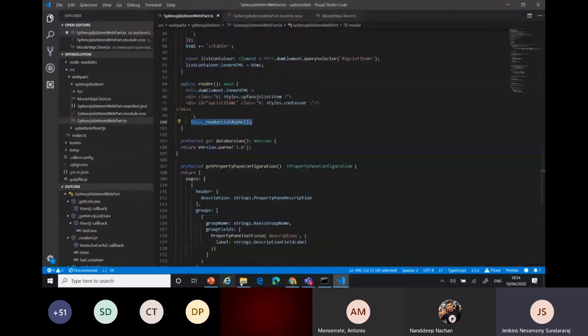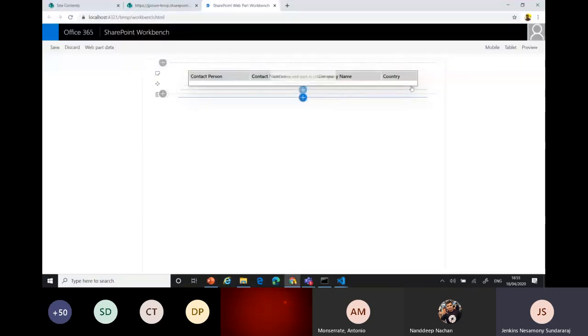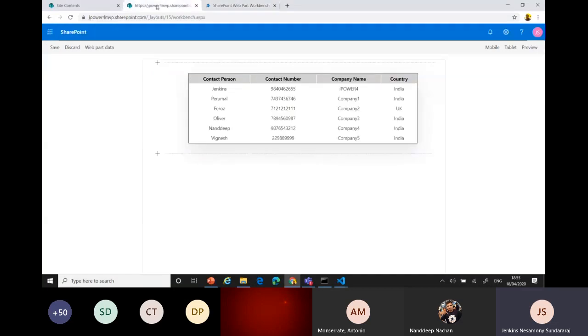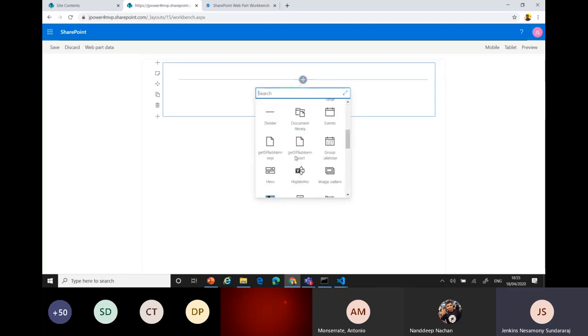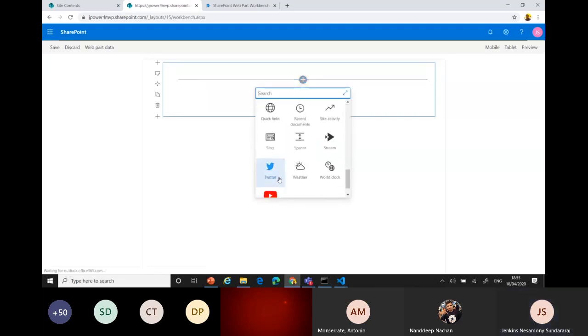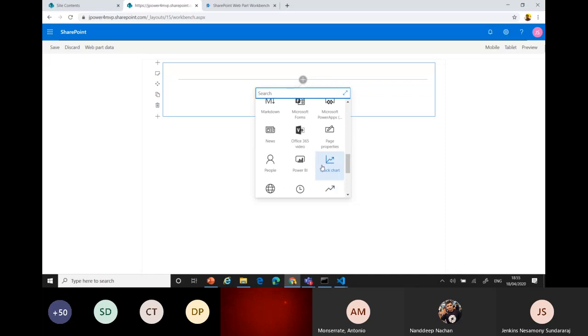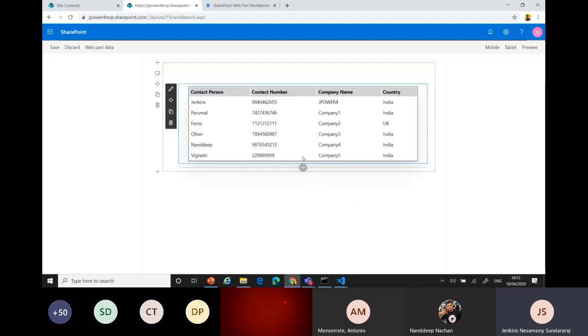That's basically how we are able to see the header in the workbench. Okay, I got the header. Once I go to my workbench, I can refresh the workbench from my site. You can see there also you can get two web parts, Node.js and React, right? I can select the React. You get the real value from there.